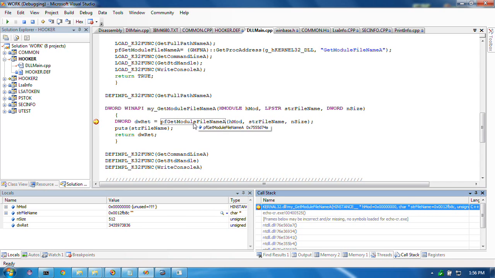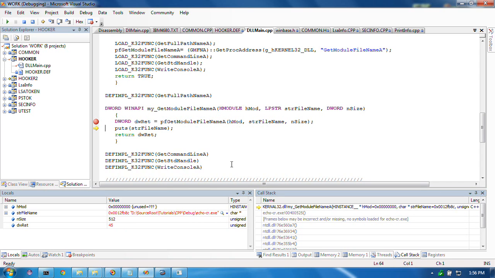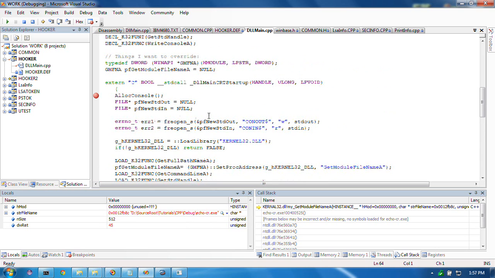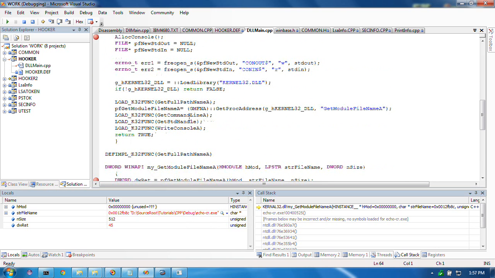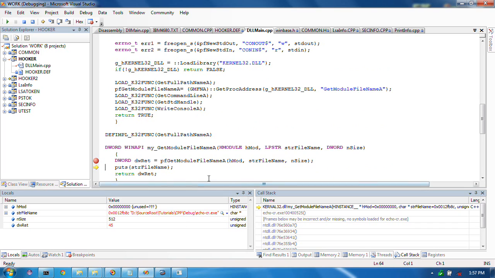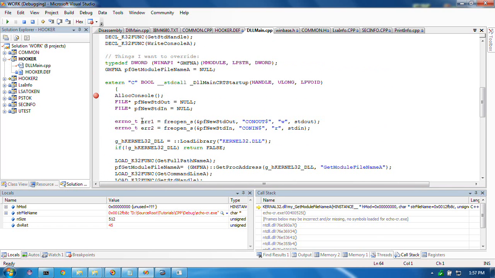So now I call the real one, and you can see that it has returned the name of the program. It didn't return the name of this DLL, and that's a good thing. See, normally when you pass null, it'll give you the name of your module, which would have been this DLL, except I've bypassed the startup bit,